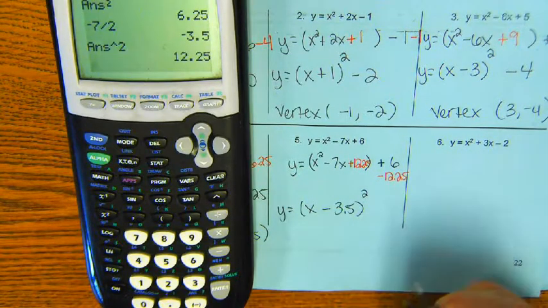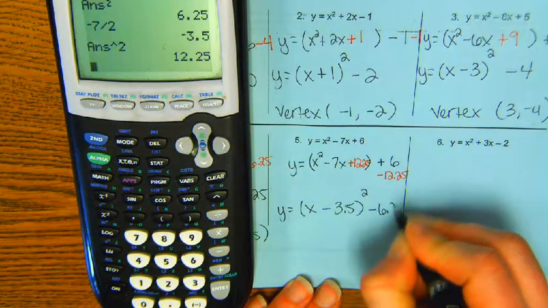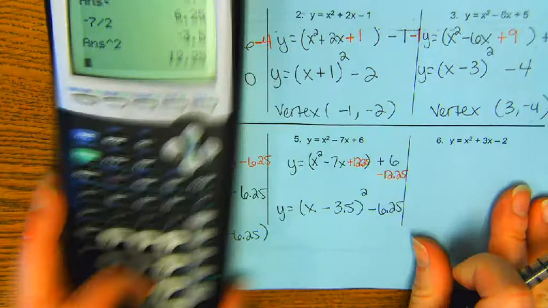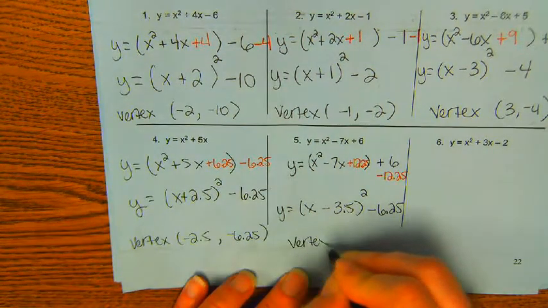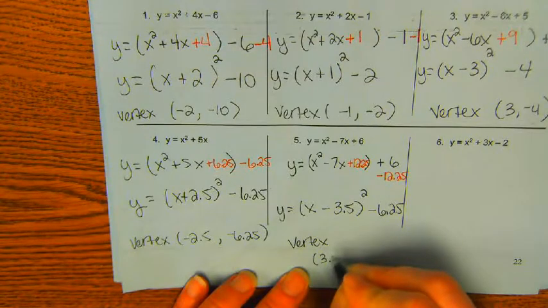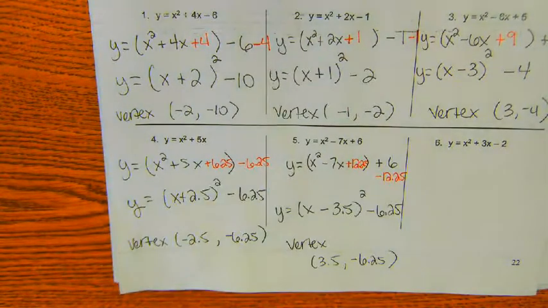And what is 6 minus 12.25? Negative 6.25. Okay, so the vertex would be all right, so